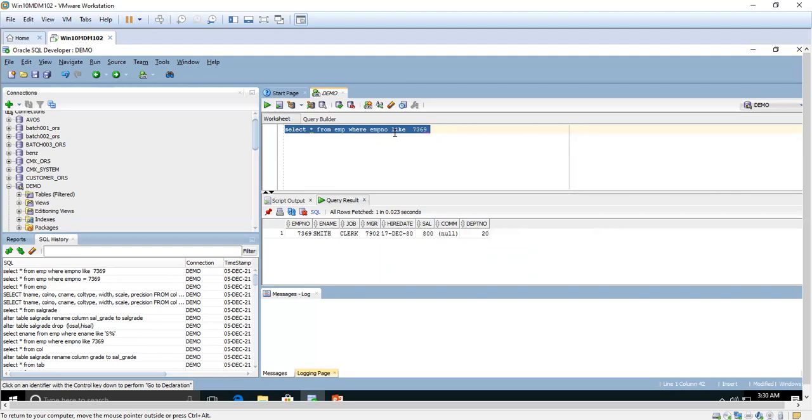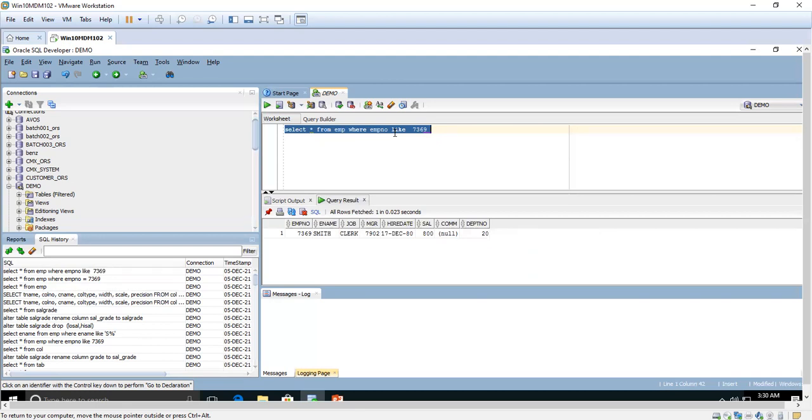See here in employee name, if you want to search for the employee names that start with the letter S and end with anything, any character. For example, if the name starts with S, such as Smith, Scott, Stevenson, Simon, like that.